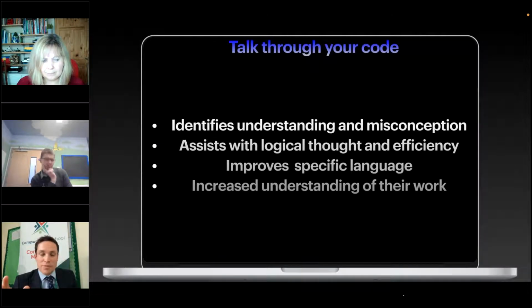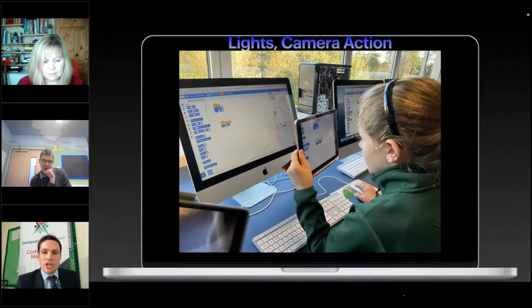And we got two, I often find this with pupils, they'll have more than one block of code that's doing the same thing. So we can get them to just stop, reflect and think about it. We can hopefully debug and make their code a little bit more efficient as well. And also understanding.